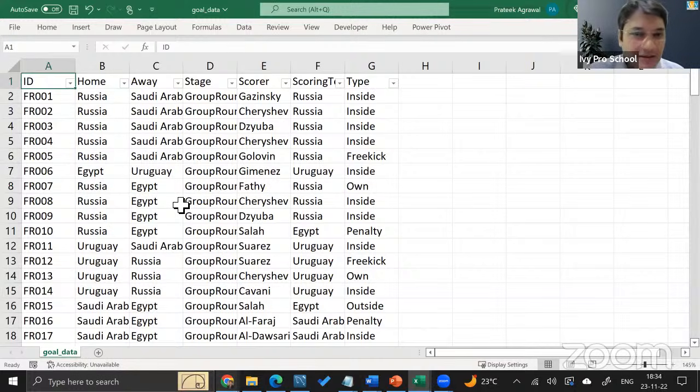Now this data table has some flaws in it. There are some data which are repeated, and as part of data cleaning, we'll try to understand how we can use SQL to do some basic data cleaning, because as a data engineer, this comes under the purview of the tasks that you perform with the data.